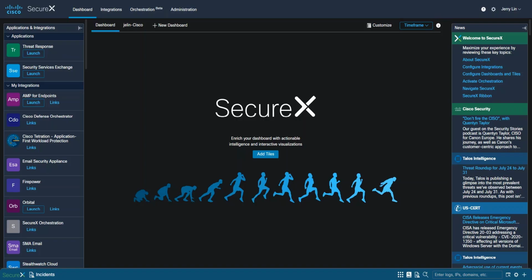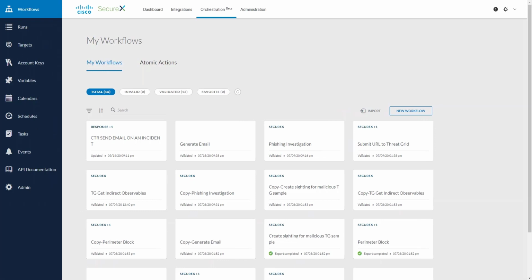Okay, within SecureX, I'm going to launch the orchestration tool, and I go to the orchestration beta menu. When I click on this, it'll launch me into another tab. So within this tab, you can see this is the Action Orchestrator tool for SecureX. On the left-hand side is a list of administrative tasks, workflows, targets, account keys, lots of variables you can define